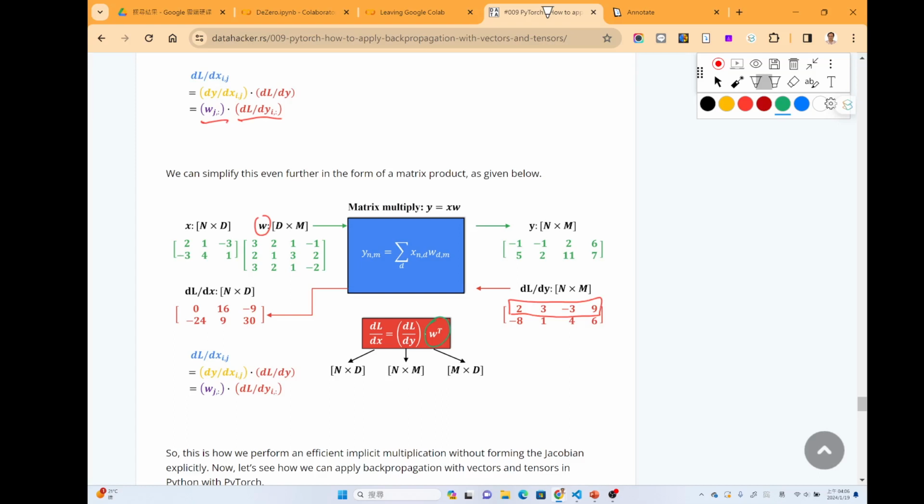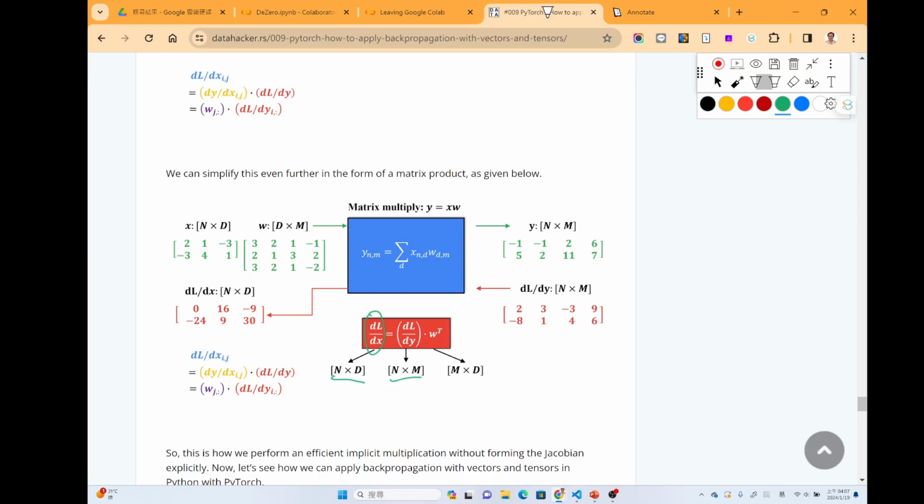So actually we can write the formula by using the dimension only, because we know that the dimension of dw over dl is the dimension of the x, so that is n by d, and the dl over dy has the dimension of the y, which is n by n here.